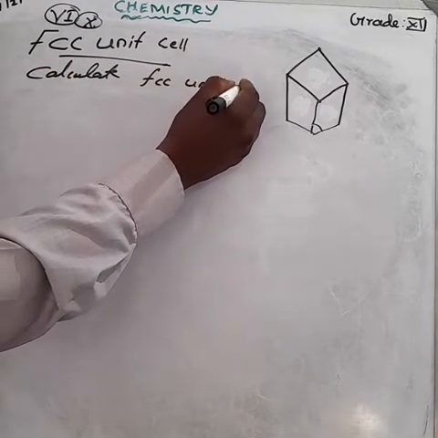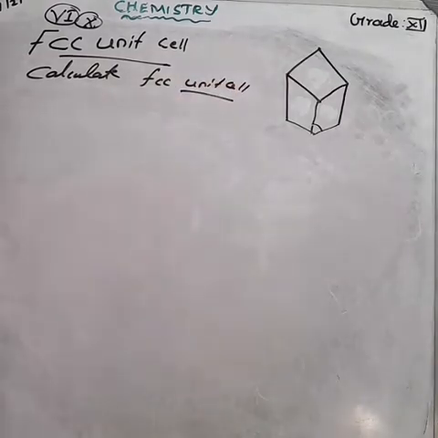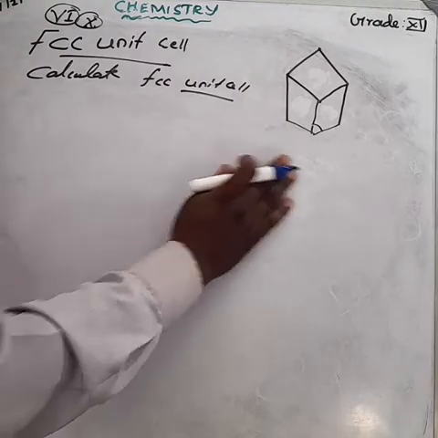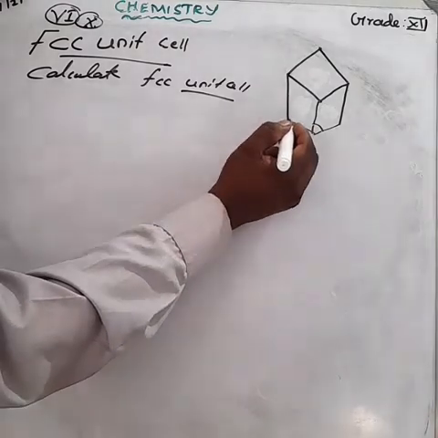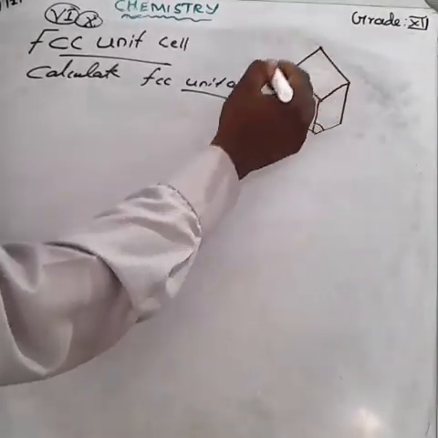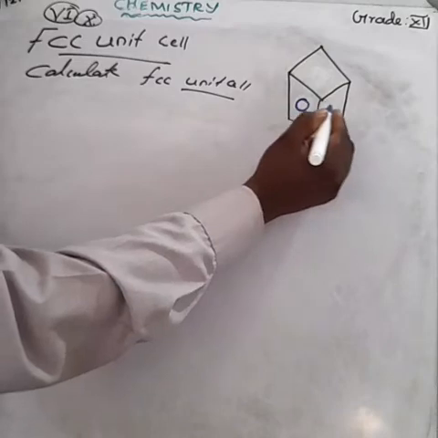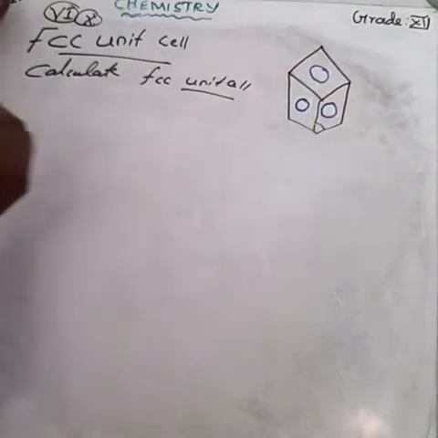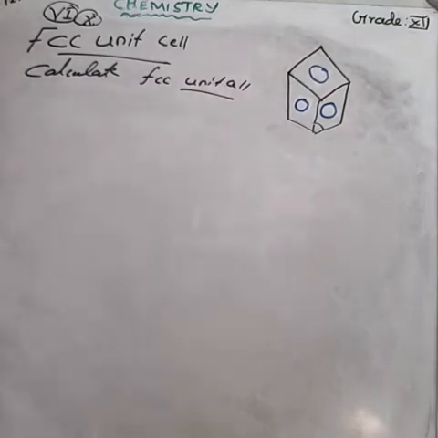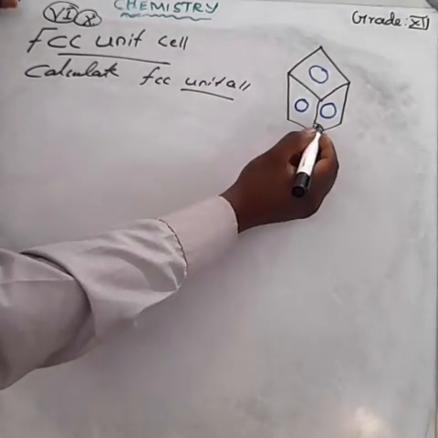Dear children, this is one of the FCC unit cells. How can we identify the FCC unit cell? Identical atoms lie on the corners and also at the center of each face of the unit cell. Okay,